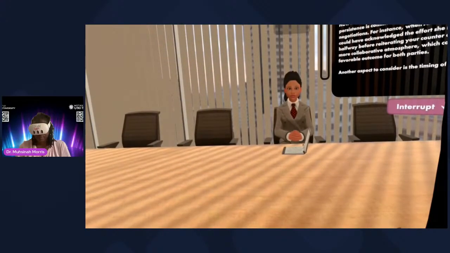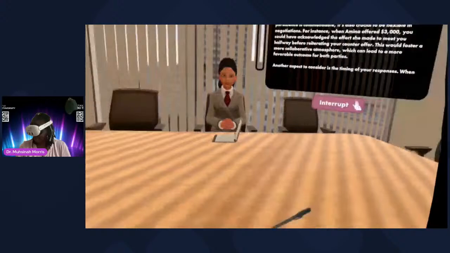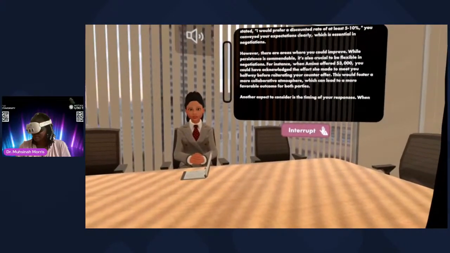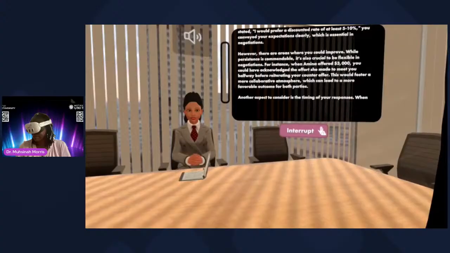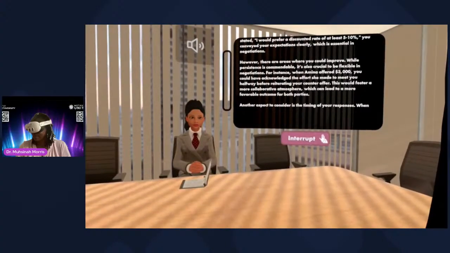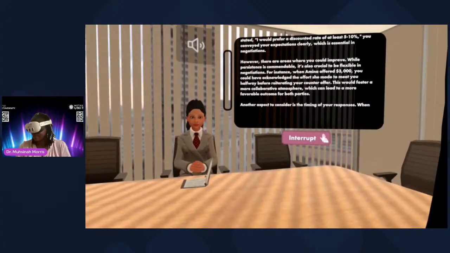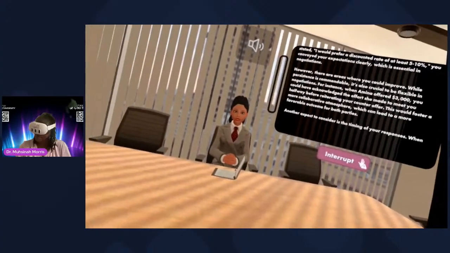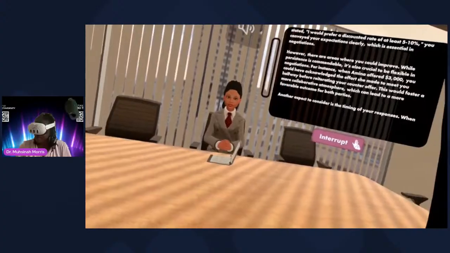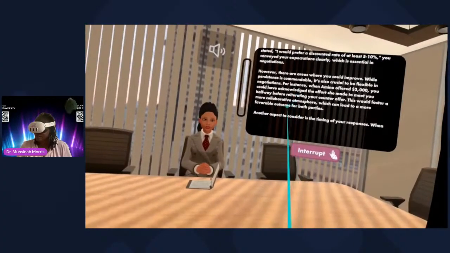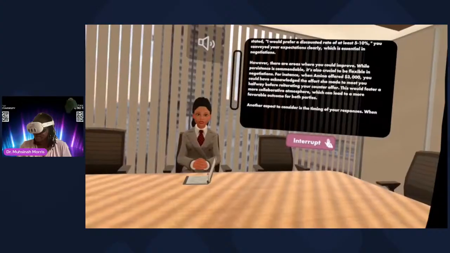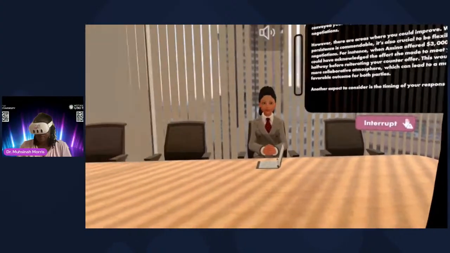However, there are areas where you could improve. While persistence is commendable, it's also crucial to be flexible in negotiations. For instance, when Amina offered $3,000, you could have acknowledged the effort she made to meet you halfway before reiterating your counteroffer. This would foster a more collaborative atmosphere, which can lead to a more favorable outcome for both parties. Another aspect to consider is the timing of your responses. When